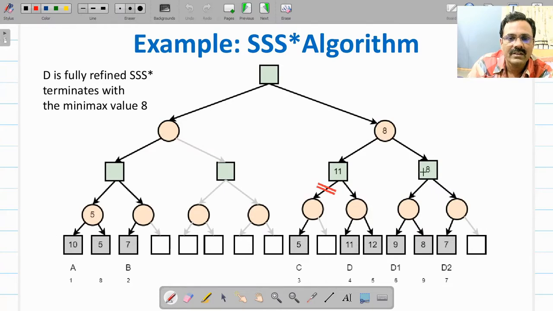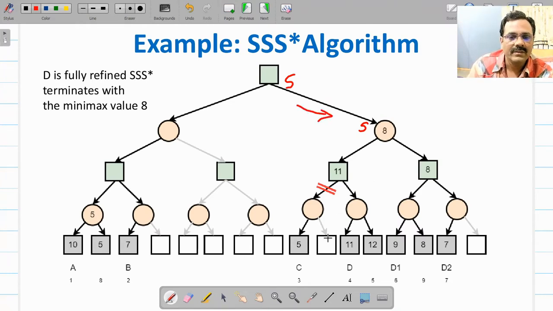So it has got 8, so we updated that to 8. And finally, although the value of A was 10, this min node has evaluated that to 5, so 8 is better, so this will be fully evaluated. So ultimately this is solved and then this will become solved, and algorithm will terminate with minimax value 8.